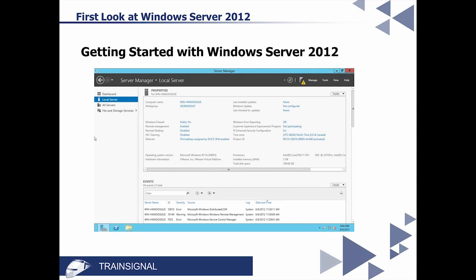Now, on this particular machine, I want to tell you a couple of things that I did. I did very little, as little as possible, just to show you what you can accomplish in a very little amount of time. All I did was modify the computer name. I gave myself an IP address, and I set my time zone.